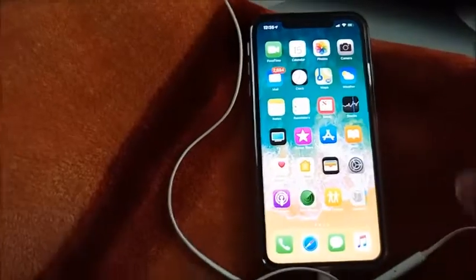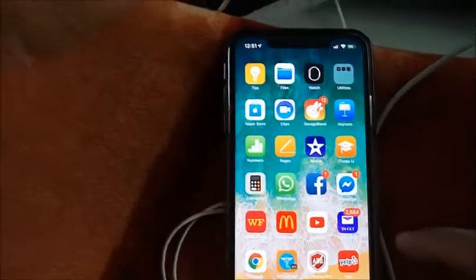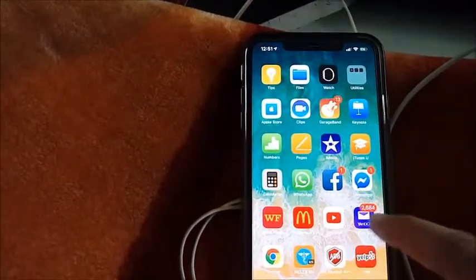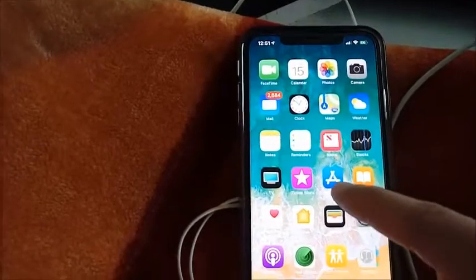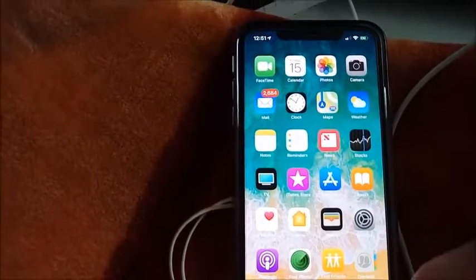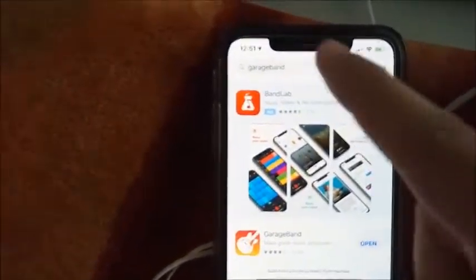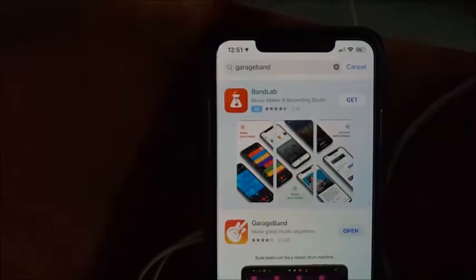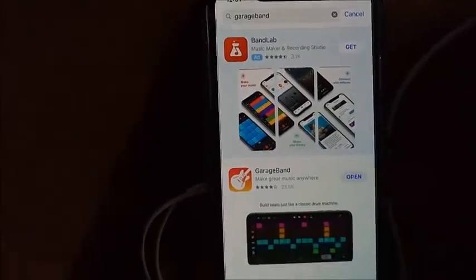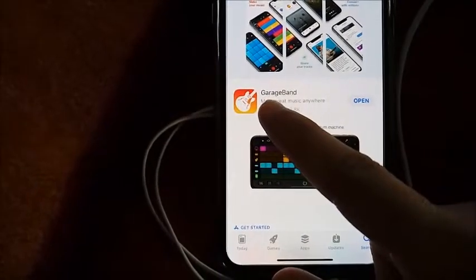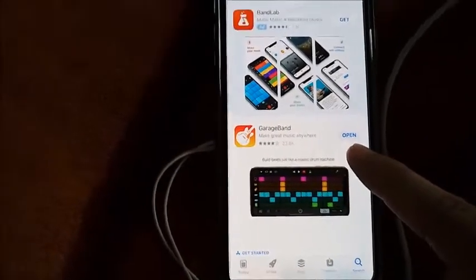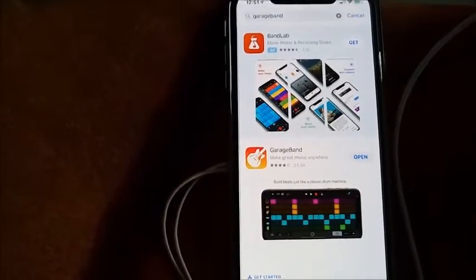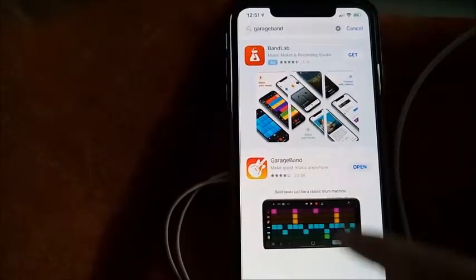Okay, so now what you need to do? Next you need to go to the App Store and download GarageBand. It's an app. Just go to the App Store, look for GarageBand. You will see this app, GarageBand. You don't need to download, just click Open. Once you hit Open,